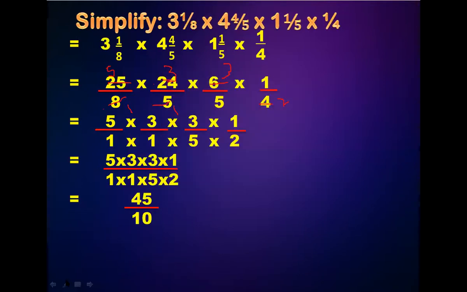Now what you have is 45 upon 10. If you look very carefully, you have again an improper fraction, 45 upon 10. Improper fractions you have to convert into a mixed fraction. But if you look carefully, you can reduce it further. How am I going to reduce it? I will divide by 5. So 5 multiplied by 2 will become 10 and 5 multiplied by 9 will become 45. So I will get 9 upon 2, and after converting 9 upon 2 into a mixed fraction, I will get 4 whole 1 upon 2.